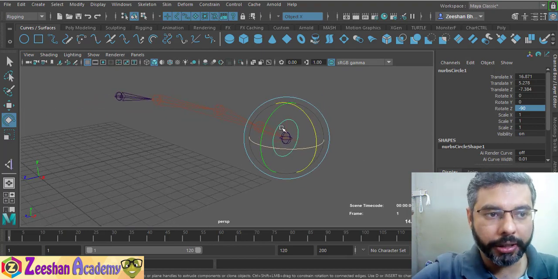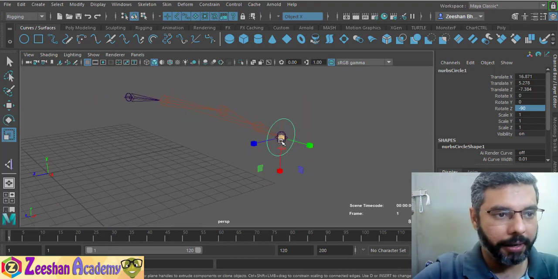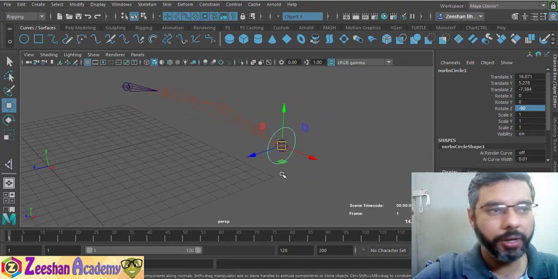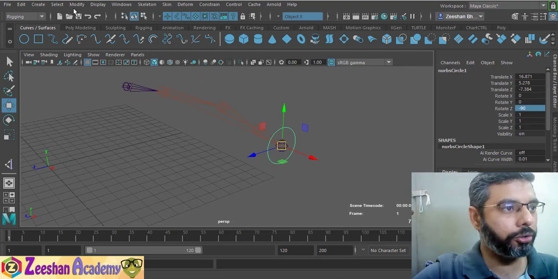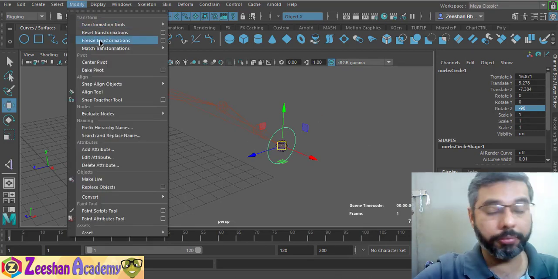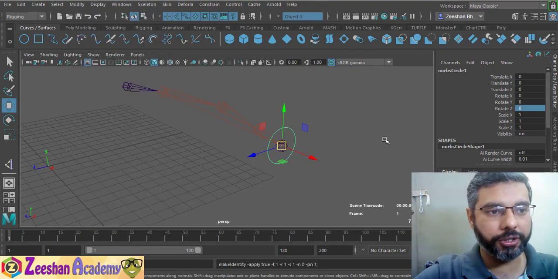Now this circle is basically behaving like my locator, which I will use to move. And then obviously these values are not zero, so whenever we use rigging, before we start connecting everything, we make sure to freeze transformations.